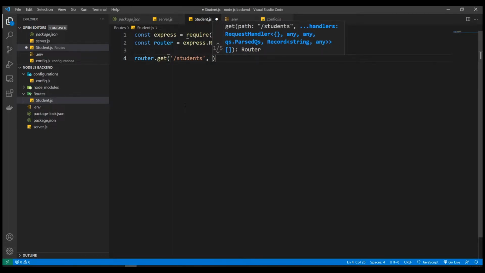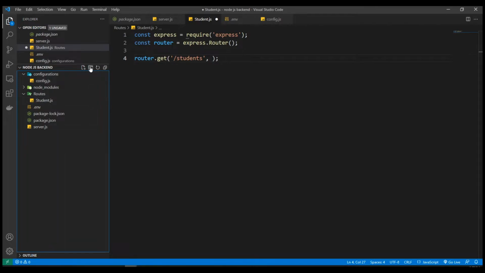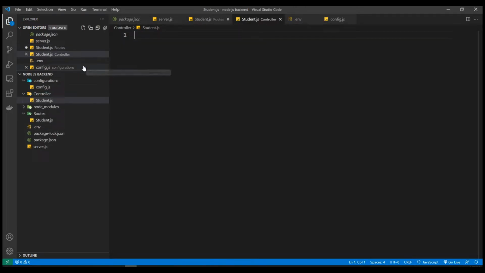but this time instead of having our function here, what we will do is we're going to have the function in a different file, in a controller folder, in a controller file as well. So we're going to be doing this right now. For now I'm going to keep it that way, and here I'm going to create another folder, and I'm going to call it controller. And then in this controller, of course, we're going to have a student.js file,